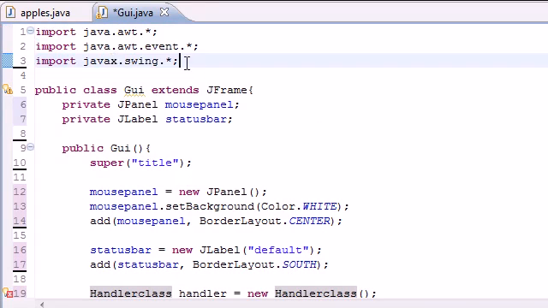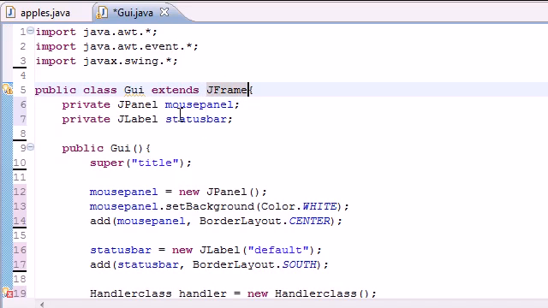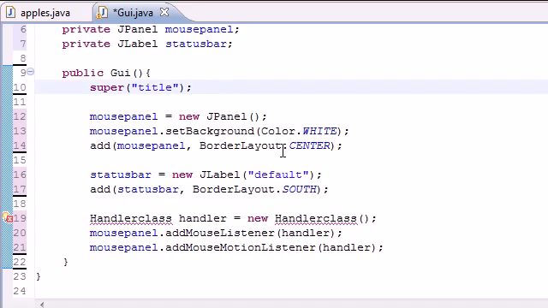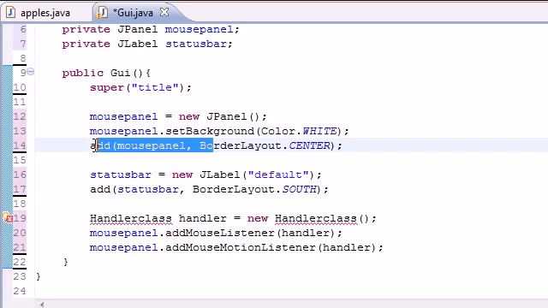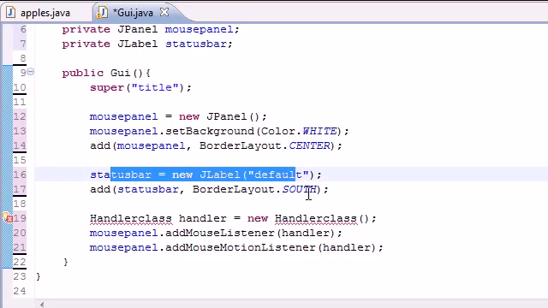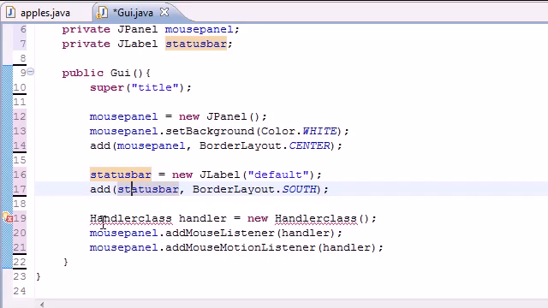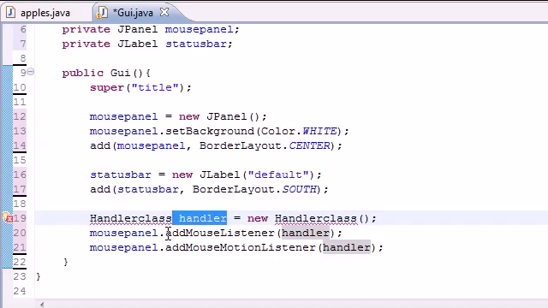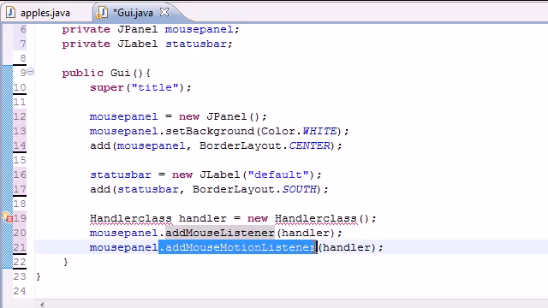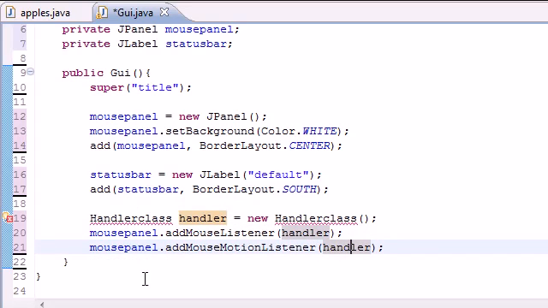We imported everything we need because we needed some stuff. We extended JFrame, which allowed us to build windows. We made two things in our windows, a panel and a status bar. Then we set the title of our window, and then we pretty much just set the color or the background, added it to the window. We made a status bar, added that to the window at the bottom, and then we made this new handler class with the object handler. And we need to make an object because these two built-in methods that wait for mouse events take an object as their parameters. So in the next tutorial, we're actually going to be going over some of these mouse events,